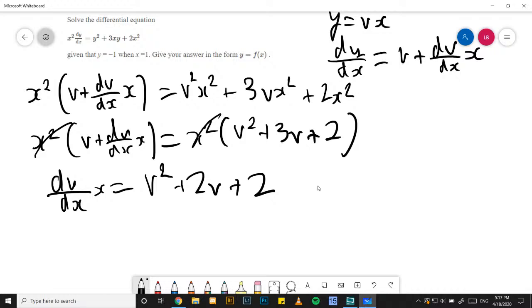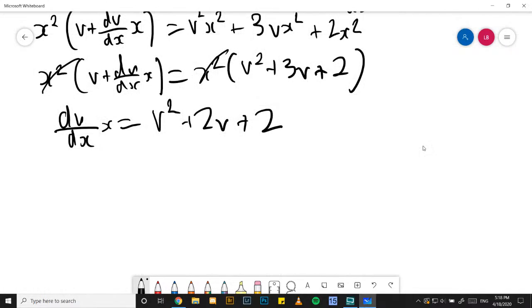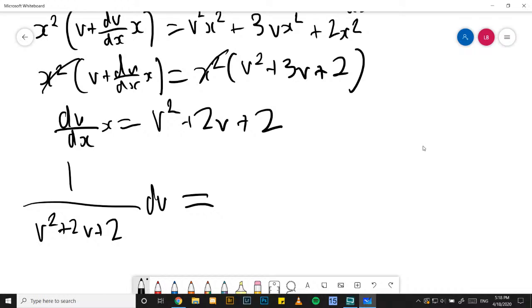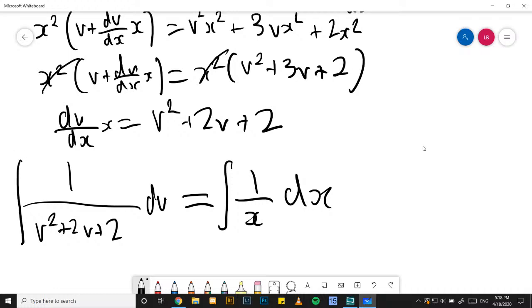Okay, cool. Now what I'm going to do is make the dx on one side and the dv's on one side, all the v stuff. So the v stuff is on one side, so I'm going to make that 1 over (v squared plus 2v plus 2) dv, and that's equal to 1 over x dx. So the dx goes to that side, 1 over x goes to that side, and it's just the integral of